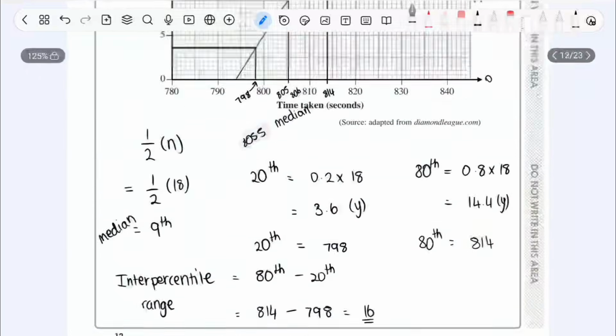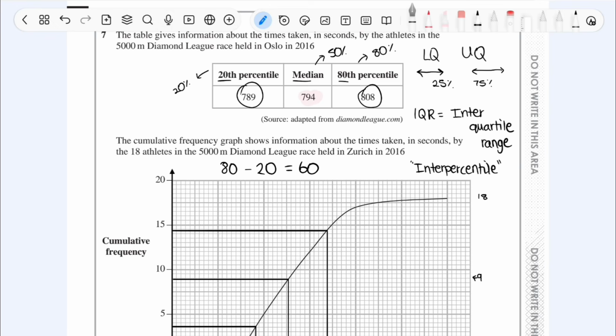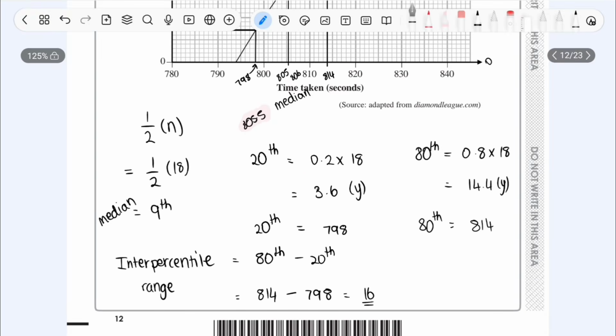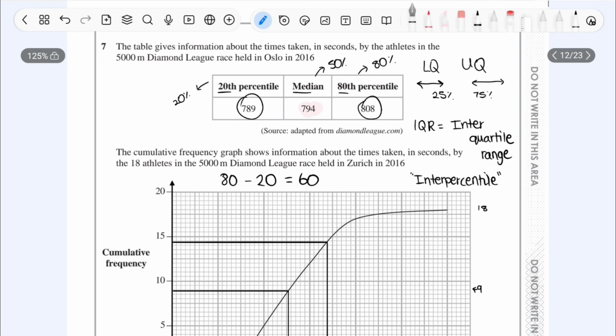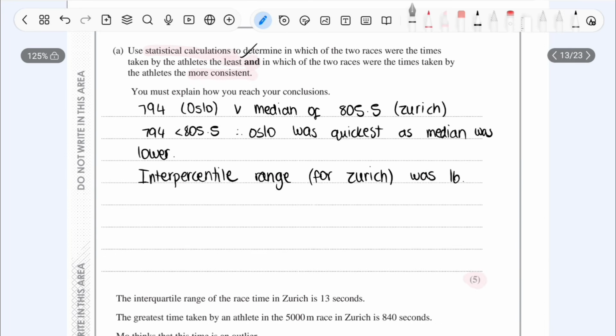It might be helpful now to look at the interpercentile range of the table, or Oslo. We have 808 as the 80th, 789. Now using the same method, the 80th minus the 20th, I'm just going to put them into the calculator and I get 19. So I'm going to put that into the answer. So whereas for Oslo,